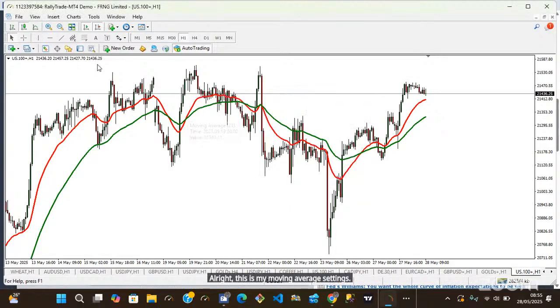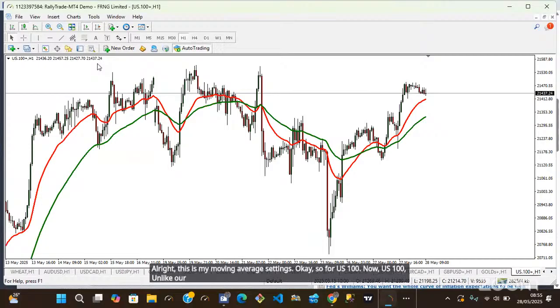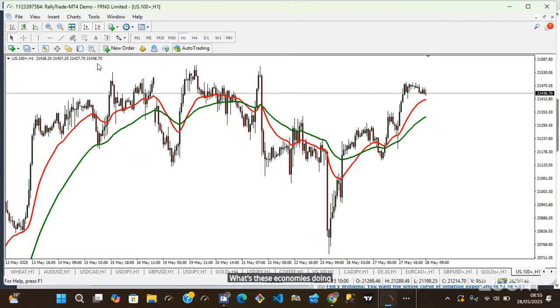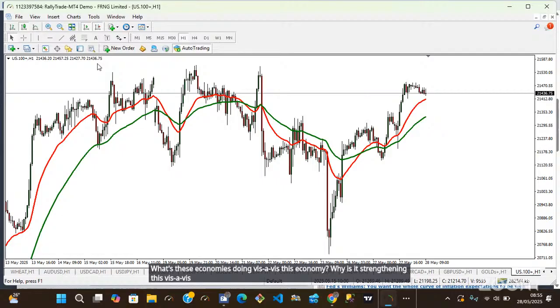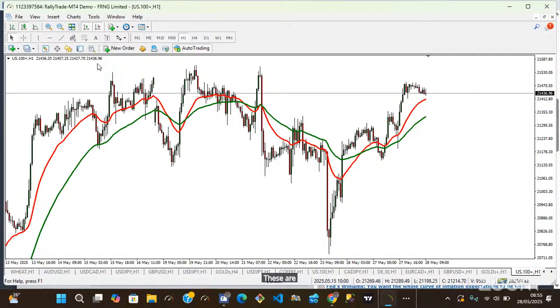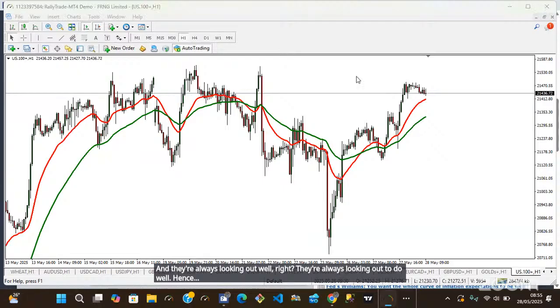Okay, so for US 100, unlike our currencies, which are a function of the economies, what this economy is doing vis-a-vis this economy, why it is strengthening vis-a-vis that. When it comes to US 100, these are companies, and they're always looking out to do well. Hence, you can have sharp upward movement, sharp downward movement. Supply and demand works a lot in